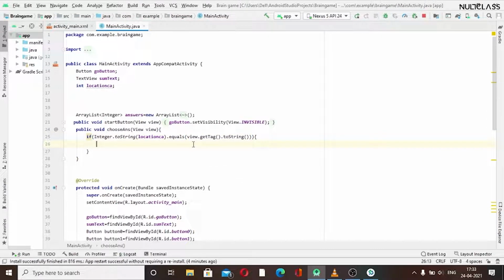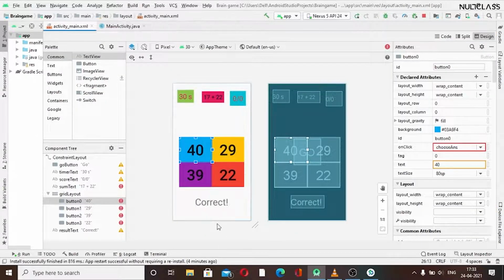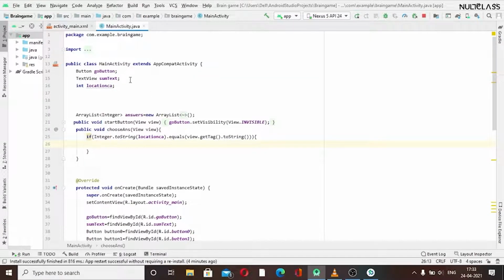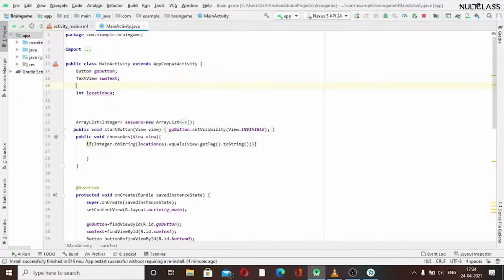Okay, so if that is the correct answer case, we need to show in our result text view that the answer is correct. We can see that we have given it the name result text. So firstly we have to initialize that like for the others.